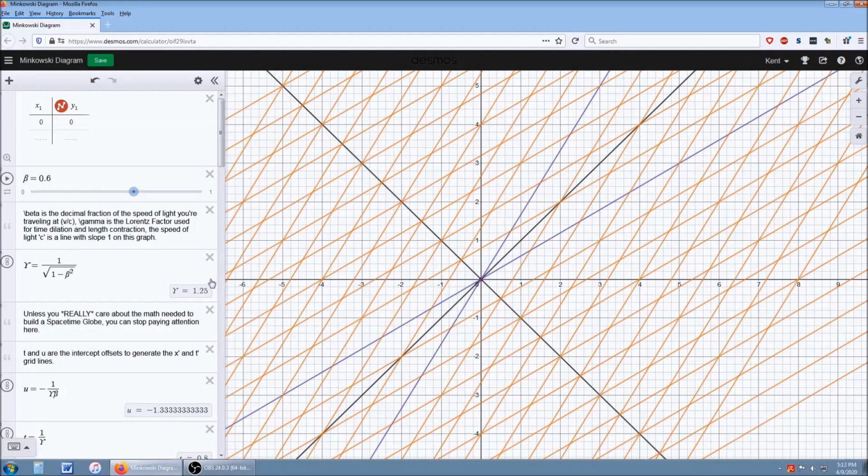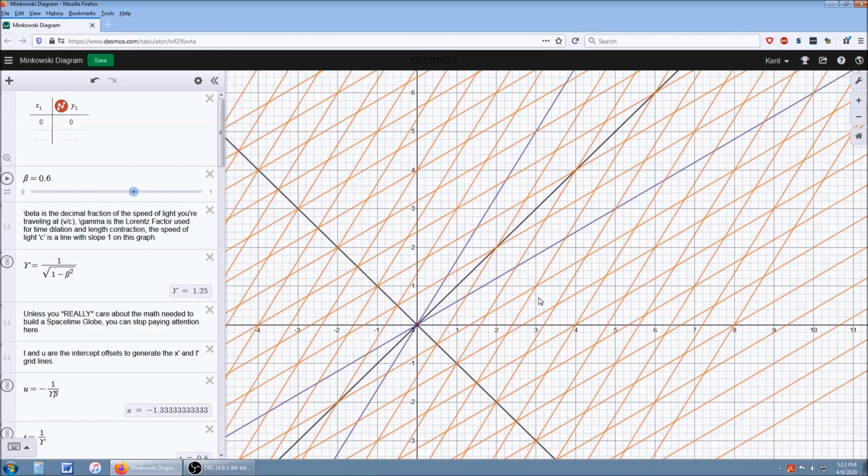So, a lot of people, even amateurs or non-physicists who are interested in relativity, have probably seen a diagram similar to this before. This is a Minkowski diagram. However, there's one thing that I've done on mine that probably not a lot of people have seen before, and that's that I've actually added in all the scaled grid lines for my moving frame,